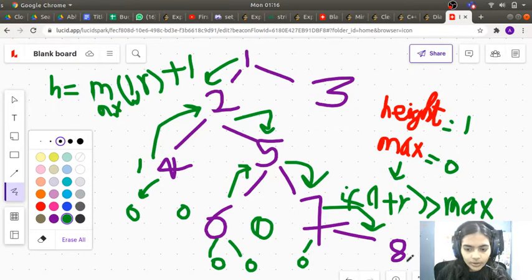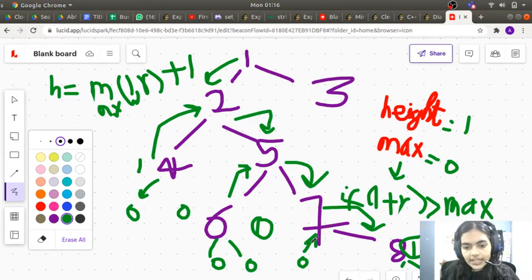8 is going to call it on its left and right child, both of which will return 0. So in this case height will become 1. So height has become 1 for 8, and so let's consider 7's children. 7 has 2 children, one is null, so that will return back 0. One is 8, which will return back 1 now, because 8 has no children below it, they will return 0. So height will become 0 plus 1, height will become 1.